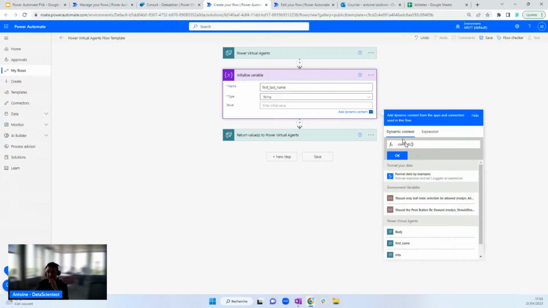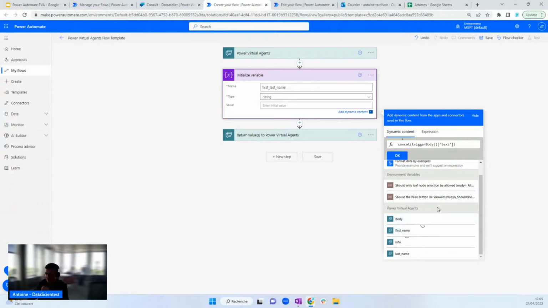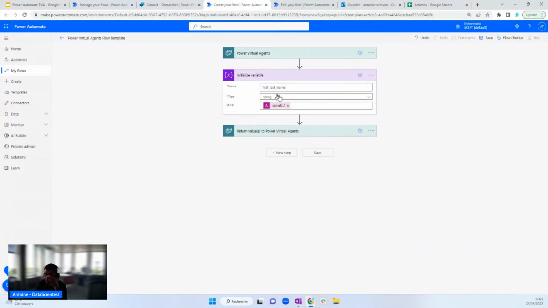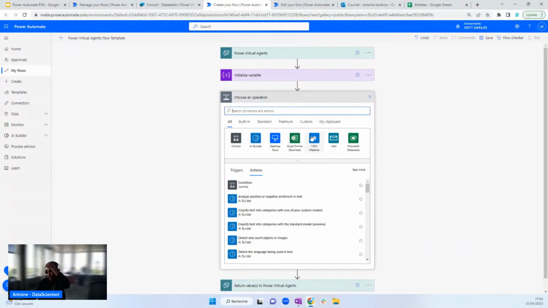Concat with first name, then second parameter a space, and third parameter the last name. Okay, perfect. So I created this first variable, and then I will create another variable that will